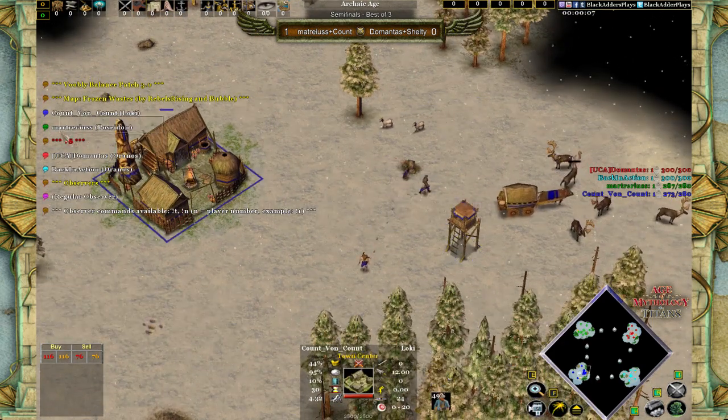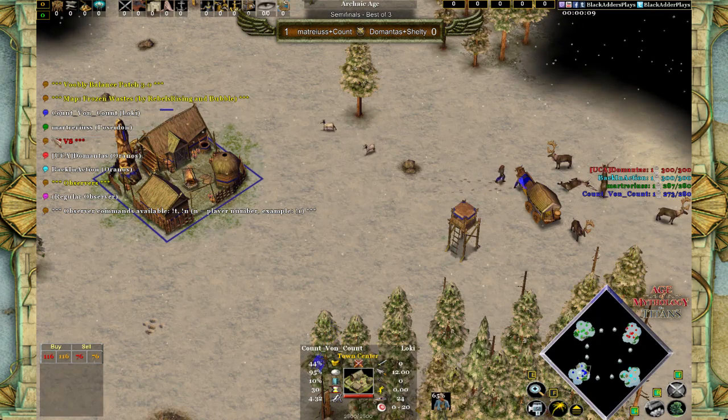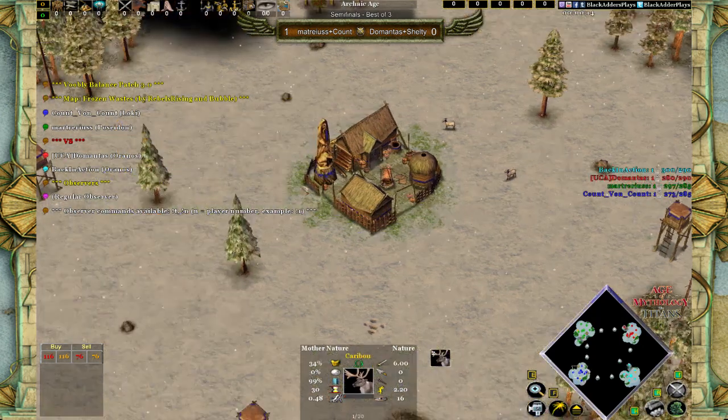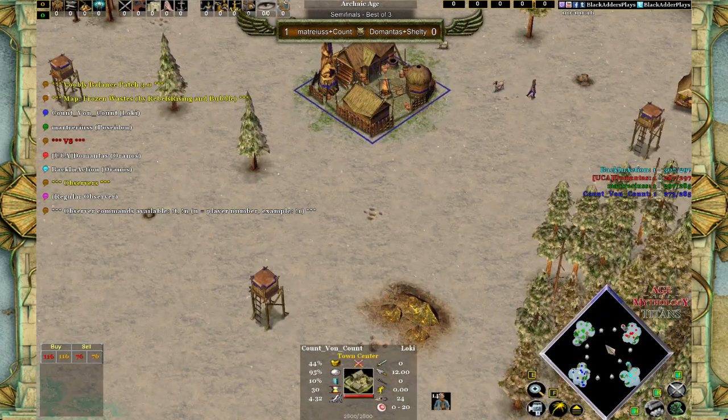As we're gonna be looking especially at matreiuss with the Poseidon yet again. Wouldn't be surprised all that much if he was going here again for what he did in the last game. The Centaur raiding with the Poseidon, certainly working quite well for him. And it did work nicely